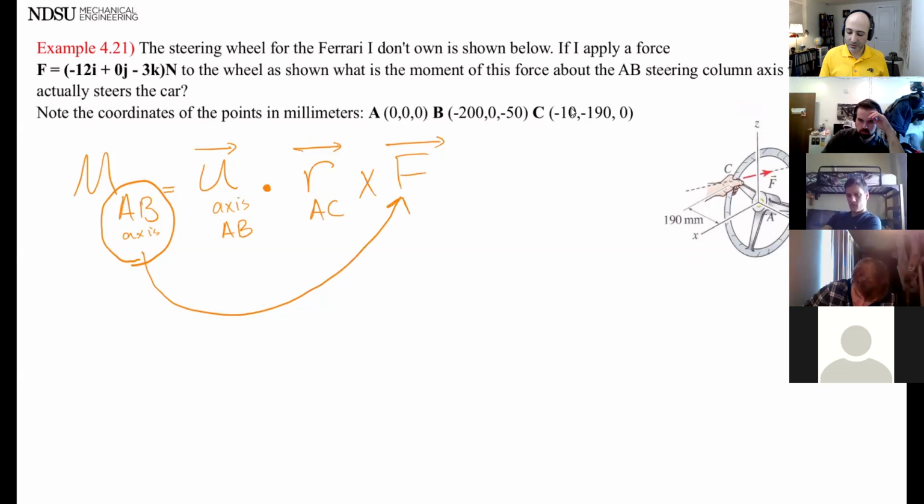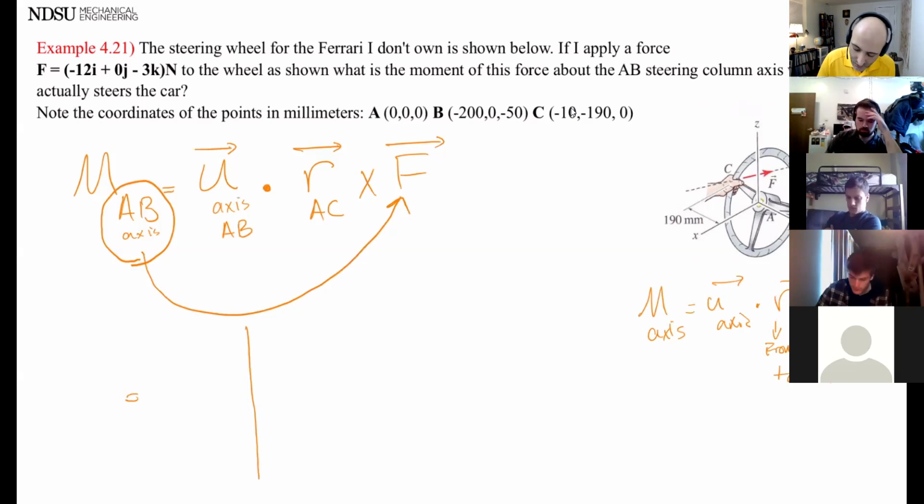So the general rule is: moment about axis is the unit vector of the axis, R, that is from axis to line of action of force, cross force. Because sometimes if you only look at the labeling and subscript, it's going to be confusing. All right, so now let's fill the matrix. U needs to go on top, first row. So let's find the unit vector of